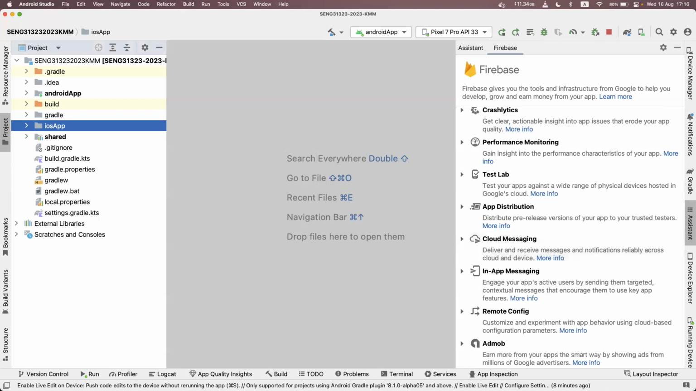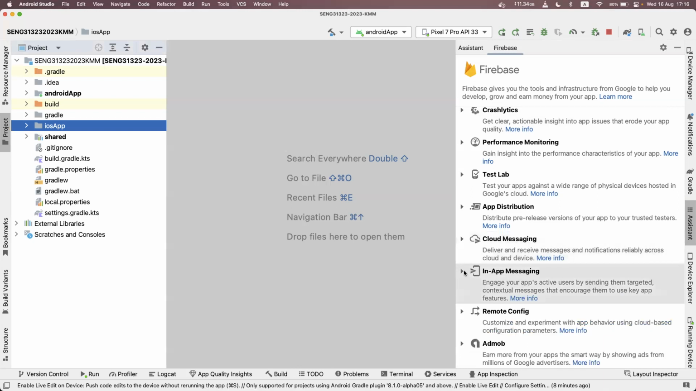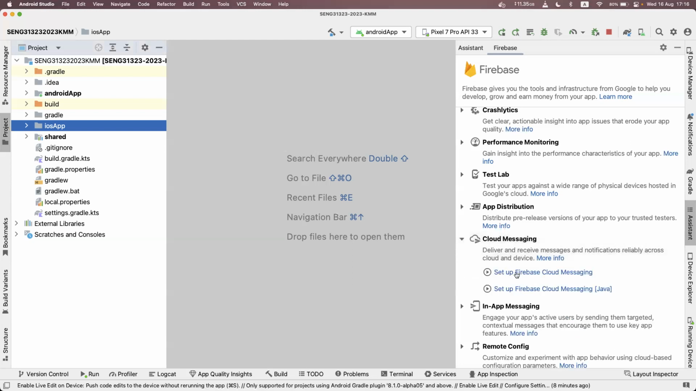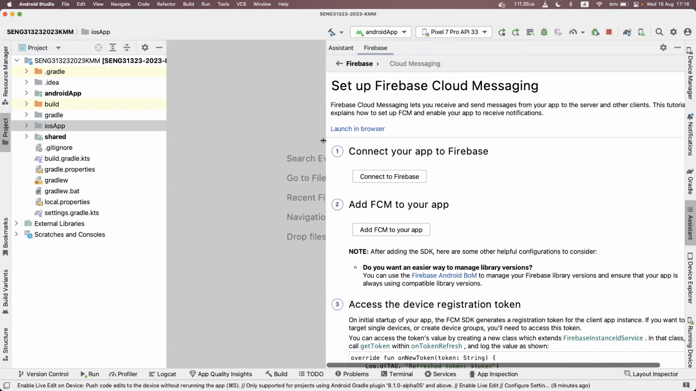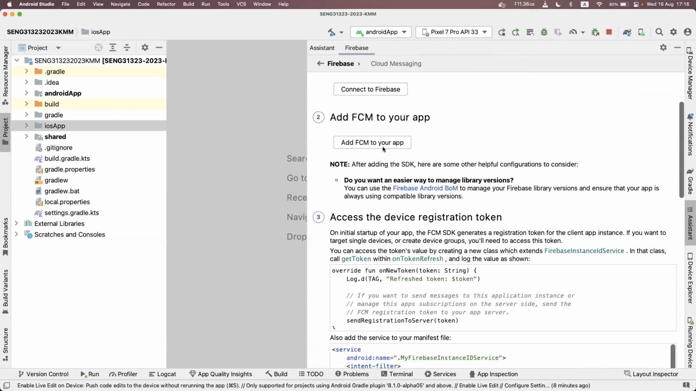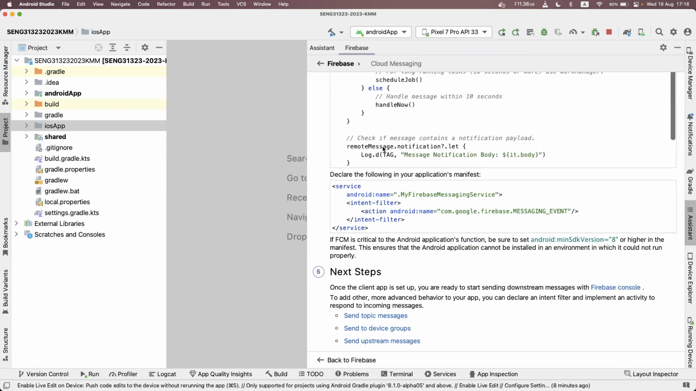within our application. So we can get started. So we'll work with the cloud messaging section. Okay. So what I'll do is I will go to the cloud messaging and set up Firebase Cloud Messaging. Okay. So first thing that I'll be using is this FCM setup that is